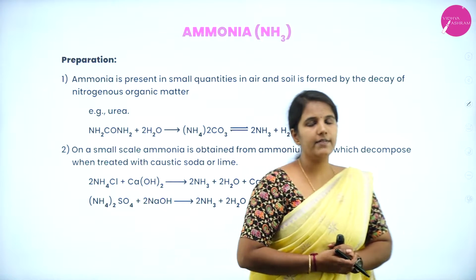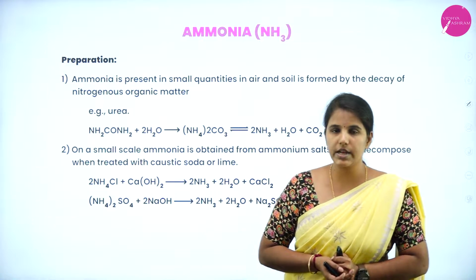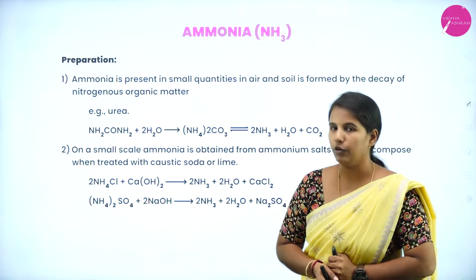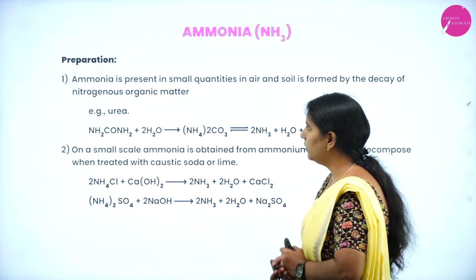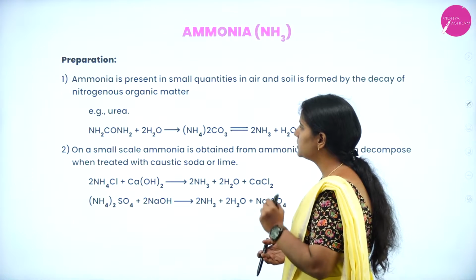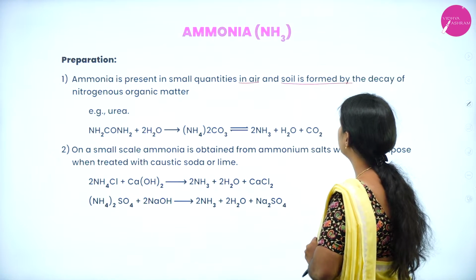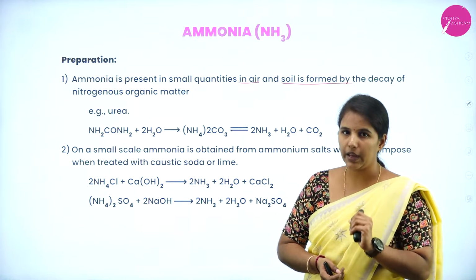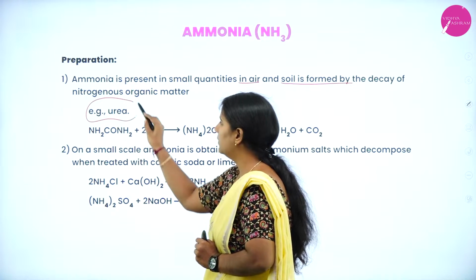So, already I have explained that ammonia is a compound of nitrogen. Is it right? So, let us understand how to prepare this ammonia. There are three methods. In the first method, the ammonia is present in small quantity in the air and the soil, which has been formed by decay of nitrogenous organic matter. So, example is urea, where